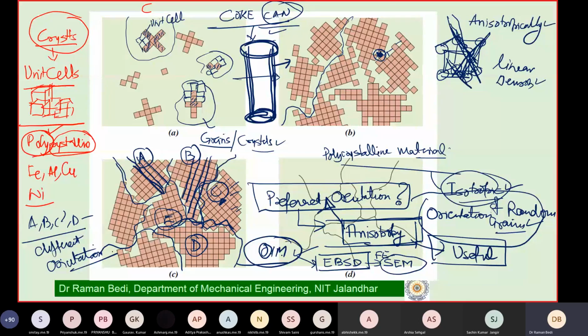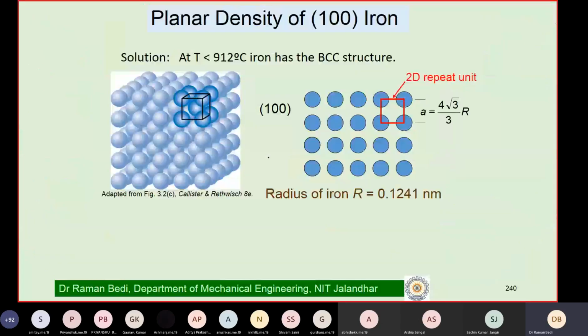I will also give you some ideas about this when we come to maybe some of the next assignments. You can try to find out something about these concepts so that you understand that these are not mere theoretical topics. One of the problems that I normally face with material science is that to begin with, it is a very theoretical subject, but we need to add the practical information to that to make it more understandable and more interesting. That's what I keep on adding with this information available to us.